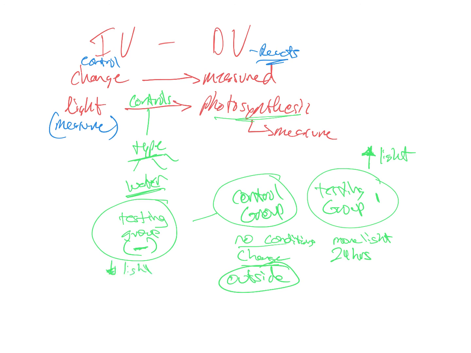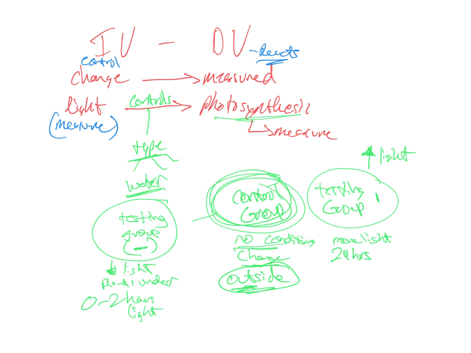So maybe we run the same plants under 2 hours of light, because that's less than what they would see in the outside conditions. Or maybe we do it for 0 hours and see how they react to that. So in a controlled experiment, you have a control group where really no conditions change, or we try to be as natural as possible. We have a positive testing group where we would give them more light, and we have a negative testing group that would reduce the amount of light. And then we can come to a clear result.